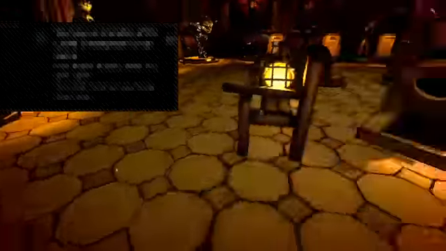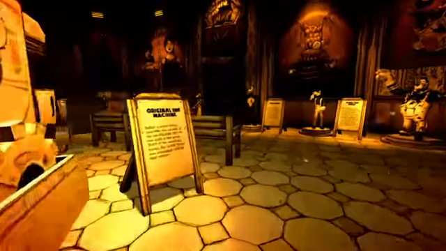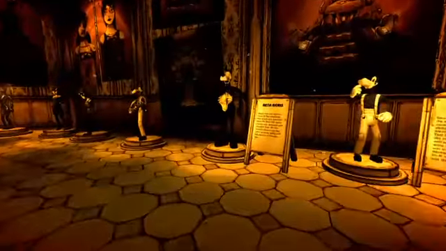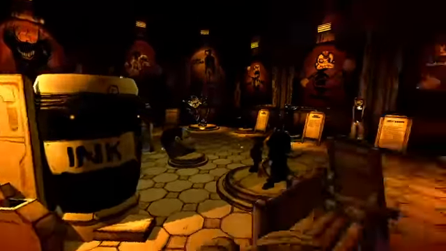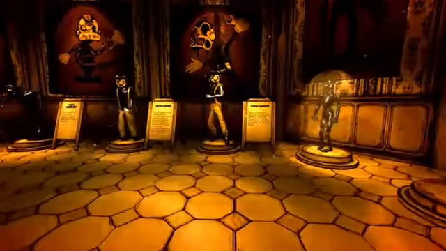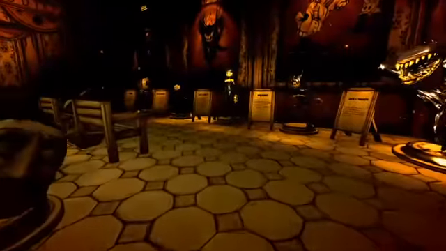That's amazing. But anyway, guys, I just want to do a quick little theory here about Bendy and the Ink Machine and everything about the storyline. So basically, as you guys saw at the end, Joey Drew's apartment,